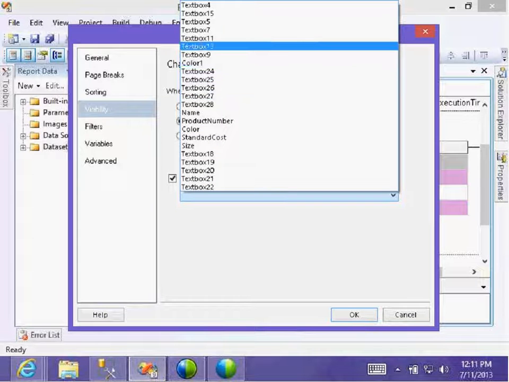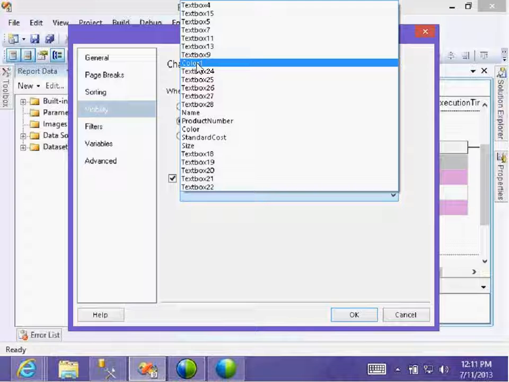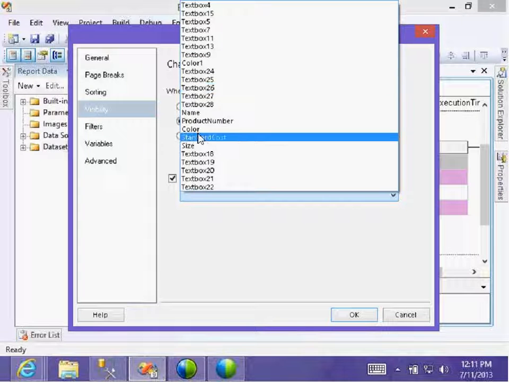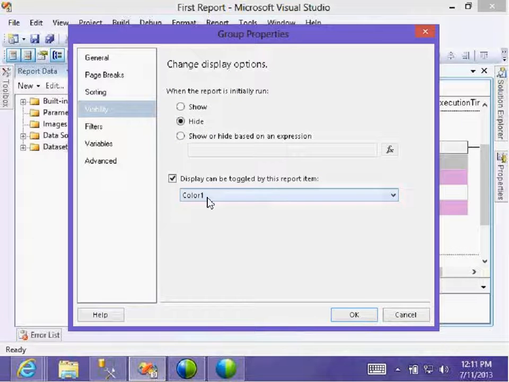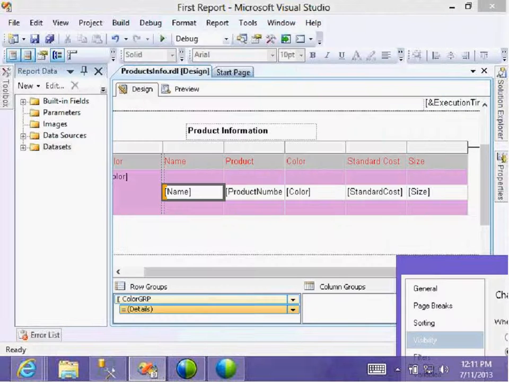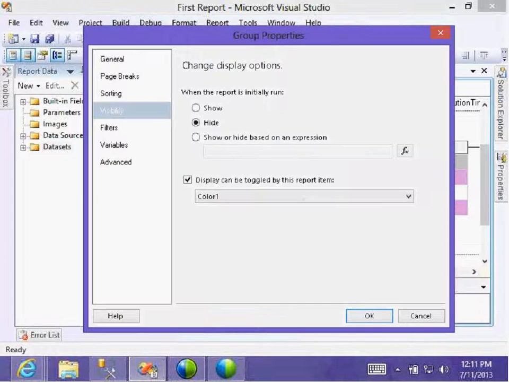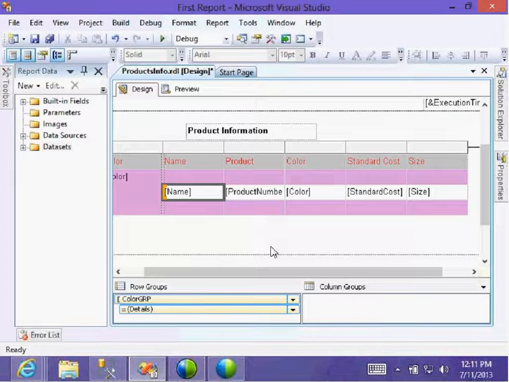Automatically, if you are using the 2 columns, automatically color 1. Color is for the group, color for the color. Okay. So if automatically a number. Okay.